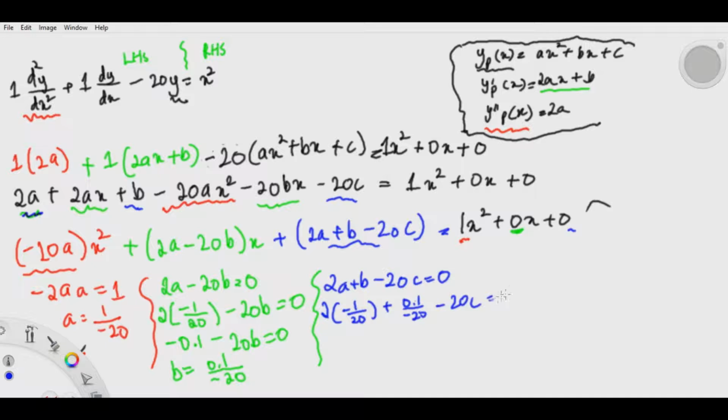Minus 20c equals 0. Well, this is again going to give me negative 0.1. Leave that as a fraction if you want to, or change it into normal numbers, which I think would be easier. If I do quick transposition, throw this side to the other side, I'm going to get minus 20c